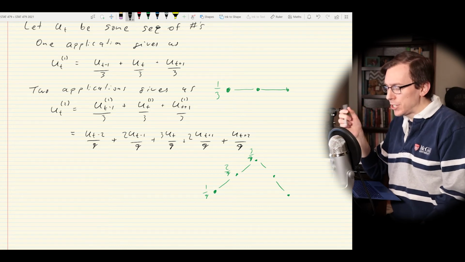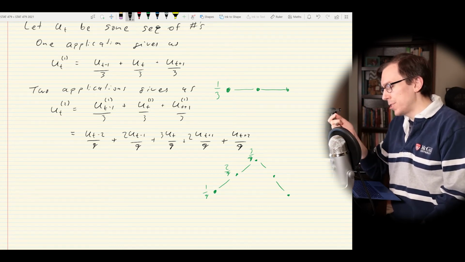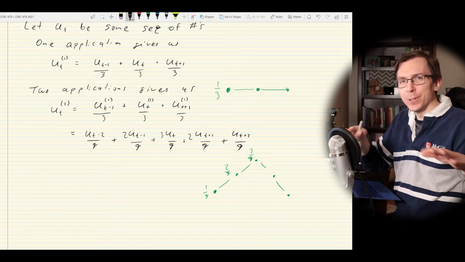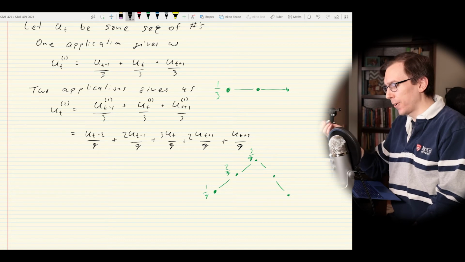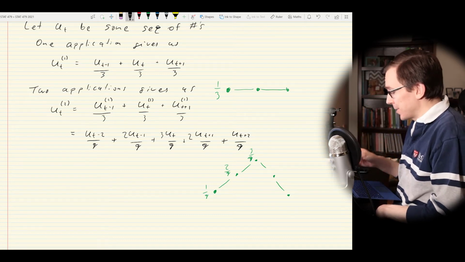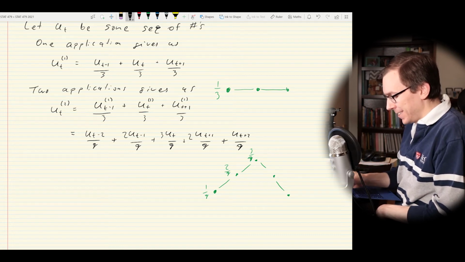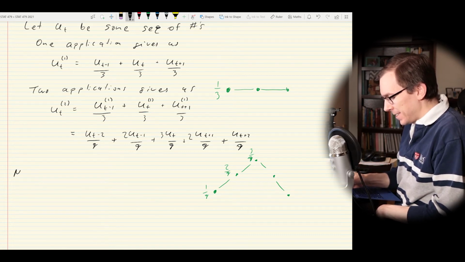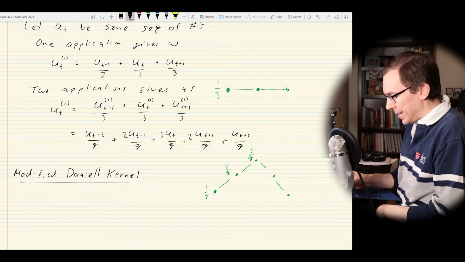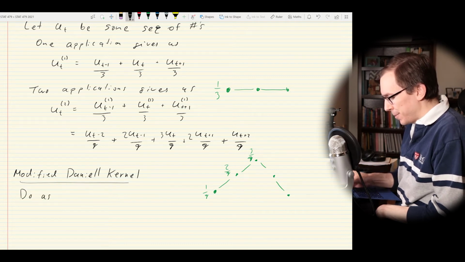So you can change the parameters in R to say, in some sense, how many times you want to apply this and how smooth you want your kernel to be. The kernel here is just referring to the weights. And there's also something called the modified Daniel kernel, and that's just going to basically do as before,